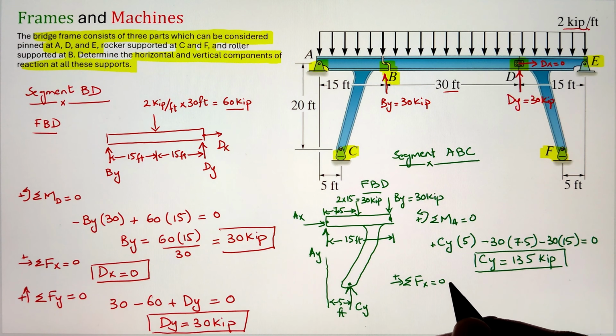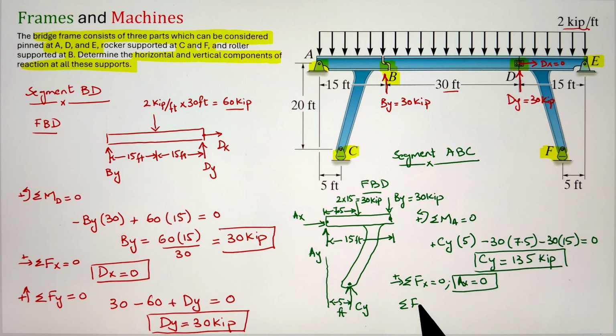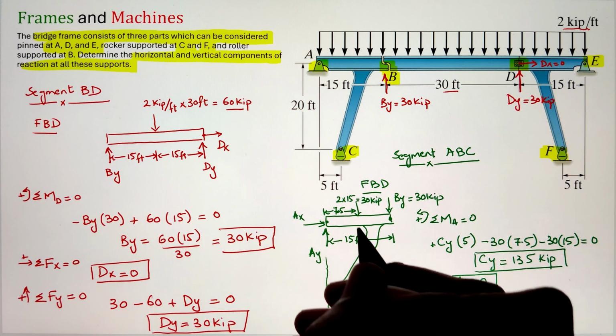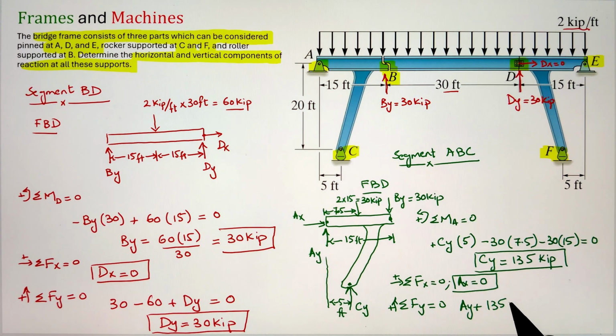Next, let's go ahead and apply our summation of forces along the horizontal direction. In this case, I have just one force acting along the horizontal direction, that is Ax. So our value of Ax is equal to 0. Finally, let's apply the summation of forces along the y direction equals 0. So our Ay is pointing upward, and we still don't know the value. So let's give it a variable, plus 135,